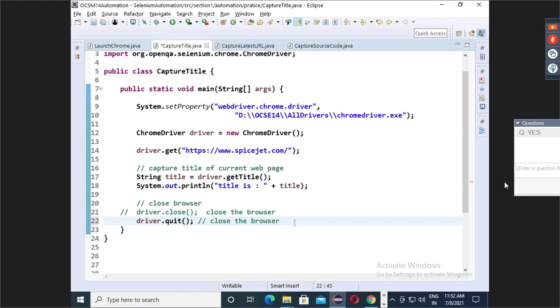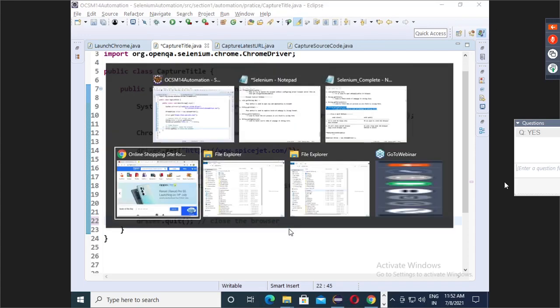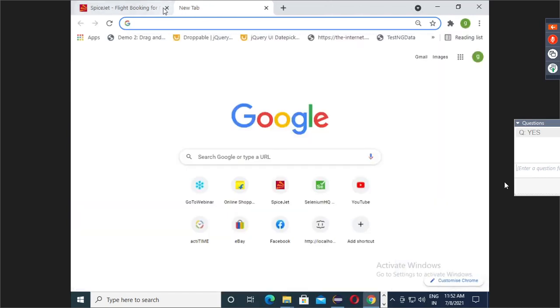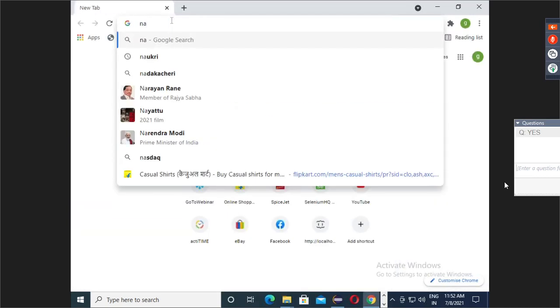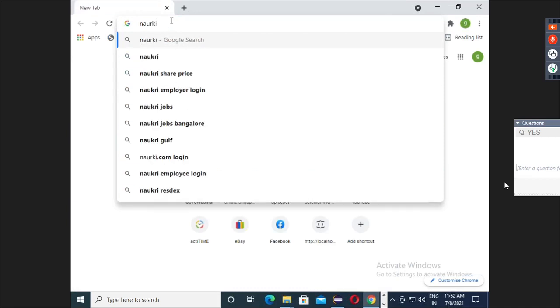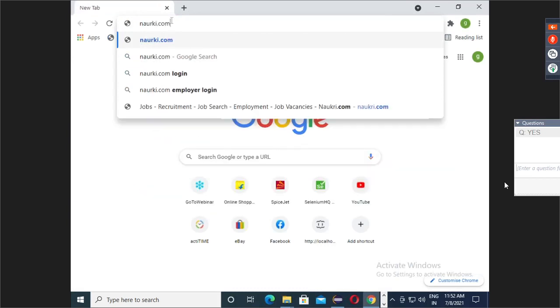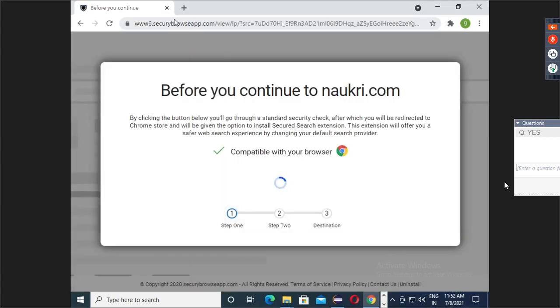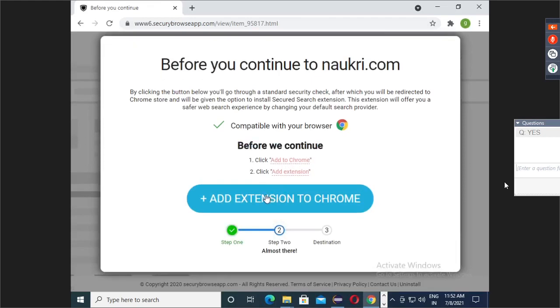Now I want to open one website. I guess everyone is aware of it. Is anyone here who doesn't know this website? What happened by clicking the button? You will go through the standard security check and continue.